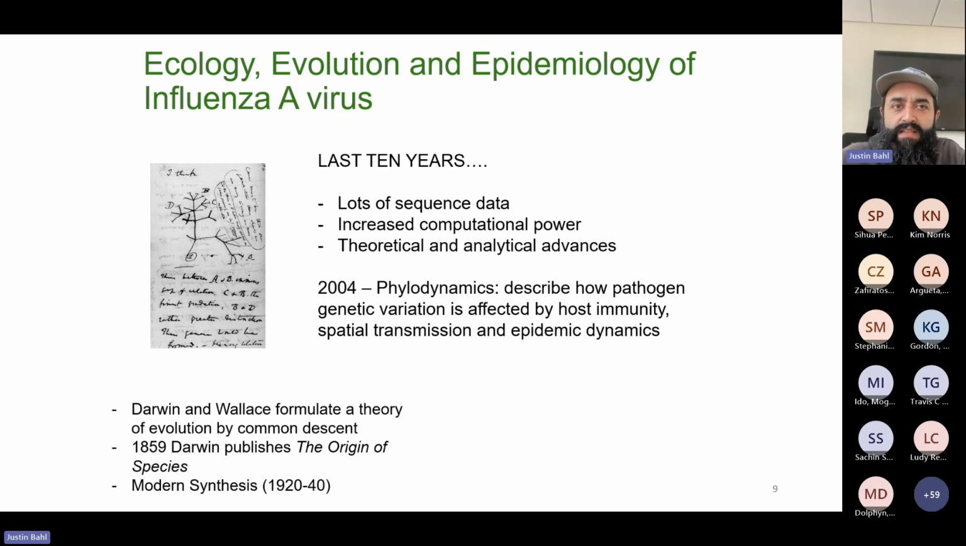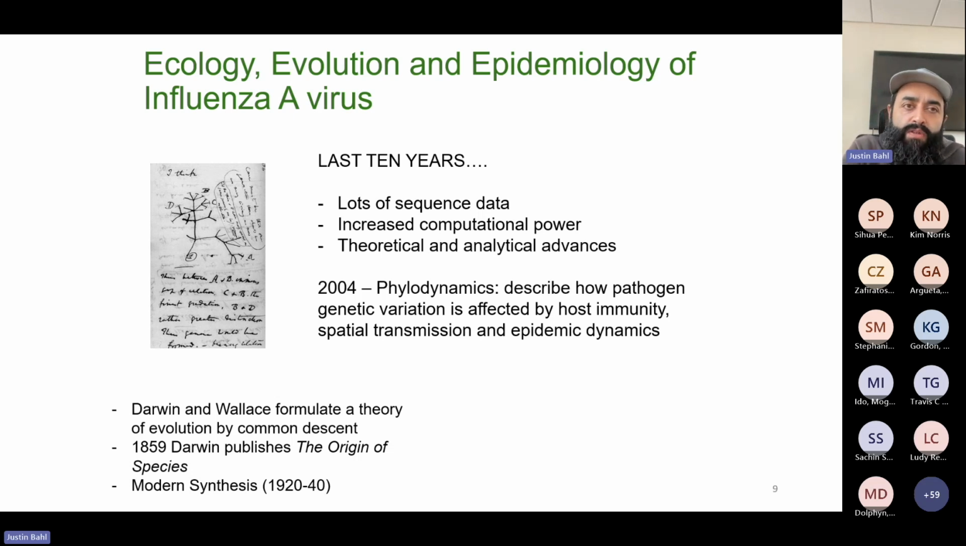The previous section allowed us to examine how some of that data is being generated and the new methodologies that are coming forward. We've also had increased computational power. My cell phone is more powerful than the computer I used to do my PhD. And then we have theoretical and analytical advances that have really allowed us to start unifying epidemiology, ecology with evolution in order to really bring this field of molecular epidemiology of viral infections to its current